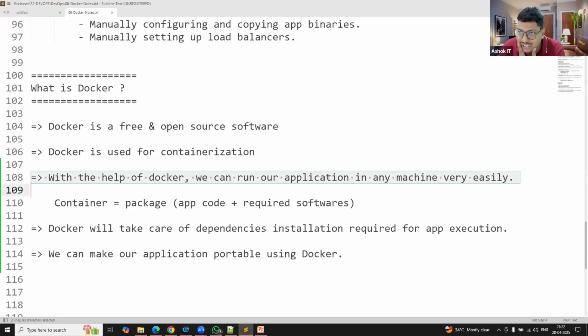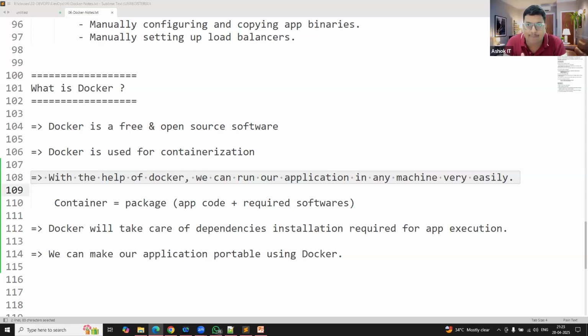What is the meaning of containerization? Containerization is very simple. It is going to package our application code and required software as one box, and it is going to execute. So from now onwards, to run my project on any machine, no need to install the software. Why? Already we are telling Docker to install the software. To run my code, what software is required? Docker is going to install the software on the machine, and it is going to run our application.